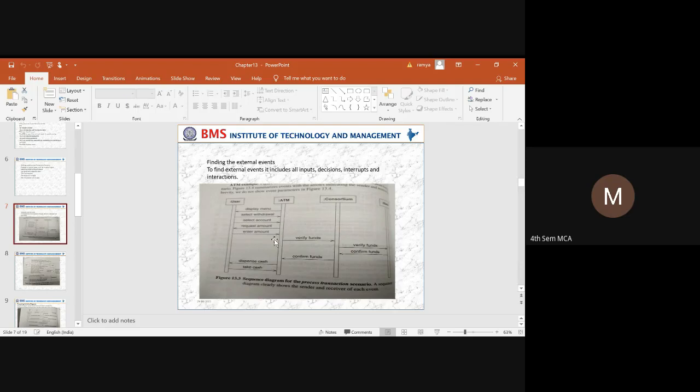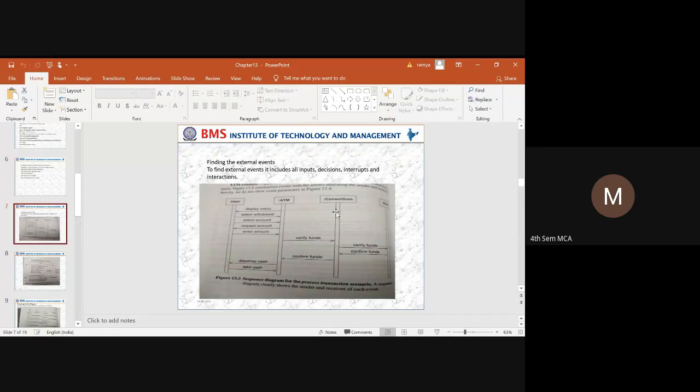Once the amount is entered by the user, the ATM will send the details to the bank consortium to verify whether the customer has sufficient funds.